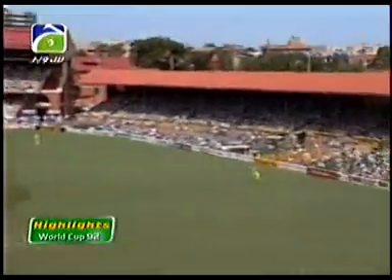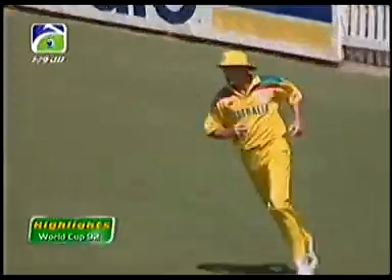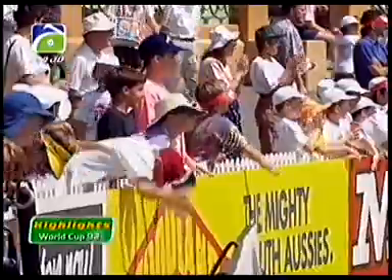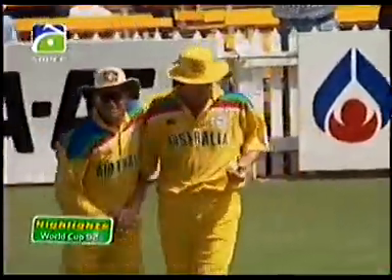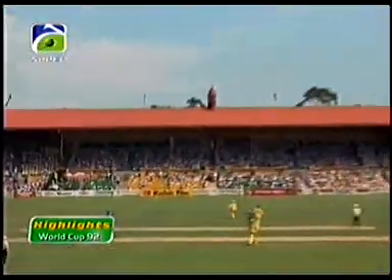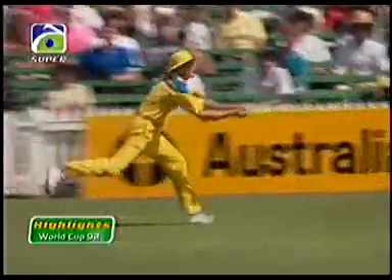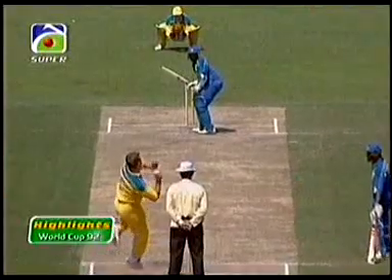He's got that one away nicely. No, he's not. He's going to be caught. Oh, well taken, Tom Moody. Moving around to his left. It was beautifully struck right off the meat of the bat, and for a second looked as if it was going to get to that boundary down deep mid wicket, but it's a very long boundary, and Moody's long strides getting him to the ball, and a very good catch indeed.